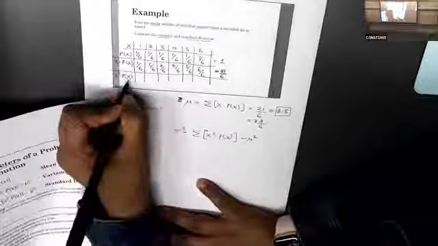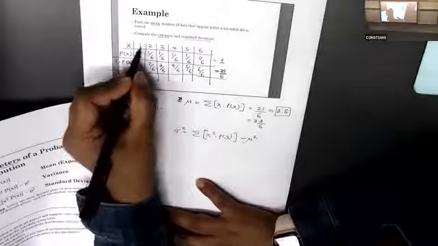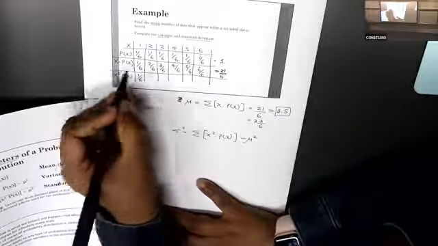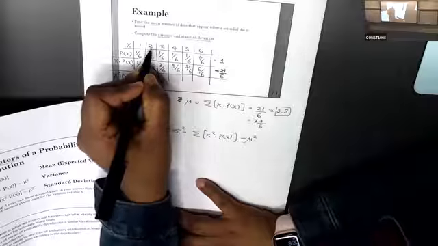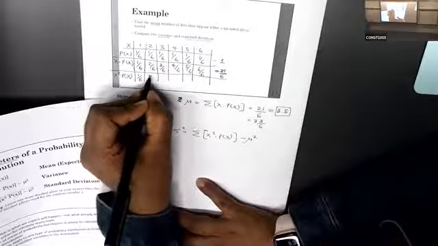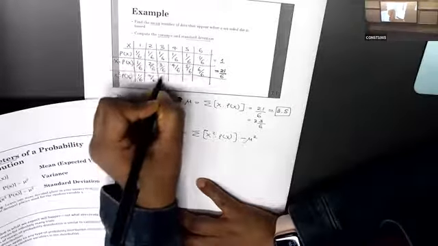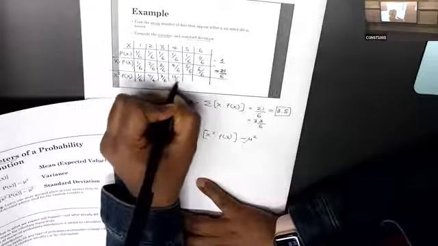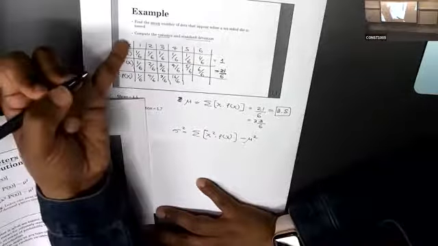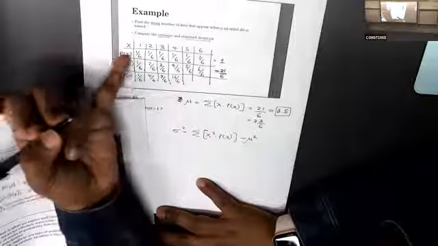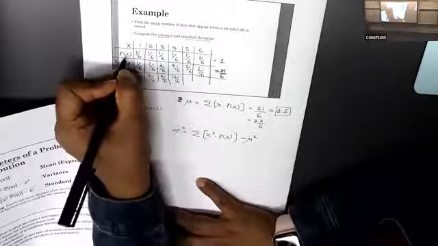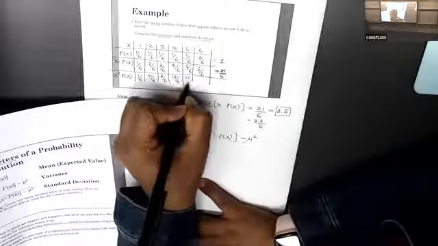So x squared times px is here 1 squared times px. It's 1 over 6. So the answer is this. Second x value is 2, so 2 squared is 4. 4 times 1 over 6. Next value 9 over 6. 16 over 6. Because x squared times px. If you see x squared, pick x and square. Px means the name of the second row, so multiply by the probability of that value. 25 over 6.